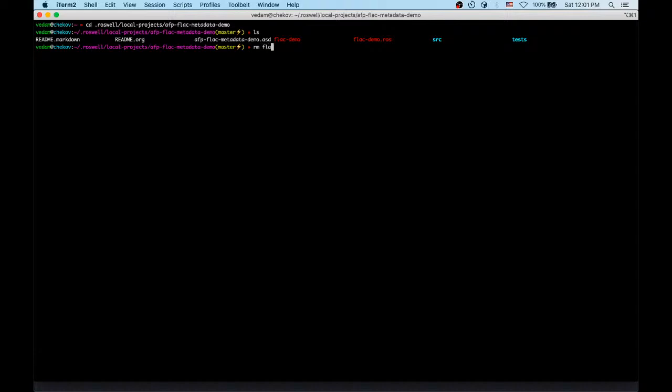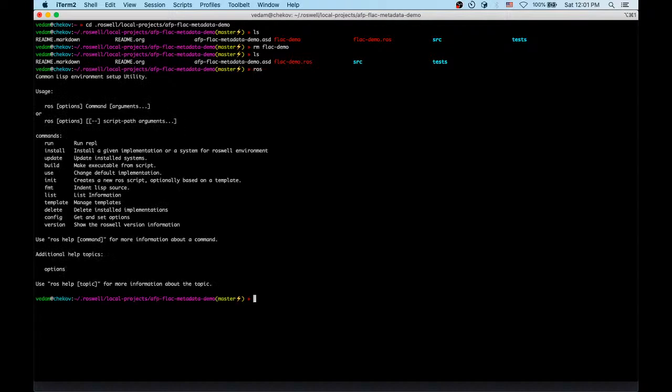Modular local projects, AFP flac demo. Okay. So let me blow away the old flac demo here, because that's what we're going to be building up again. All you need to do, like I said, when you're running this, is simply do ros build flac metademo.ros,